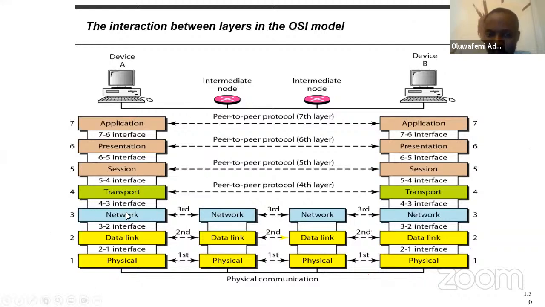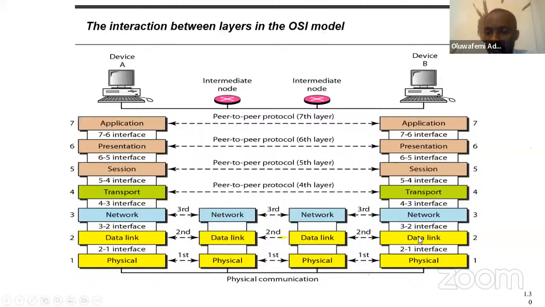The network layer deals with IP addressing. The data link layer deals with MAC addressing. The physical layer deals with bits and bytes. Do you understand? That is the language of wires. Bits and bytes, zeros and ones. When you get to the physical layer on the system sending, the system receiving gets the bits, the zeros and ones.